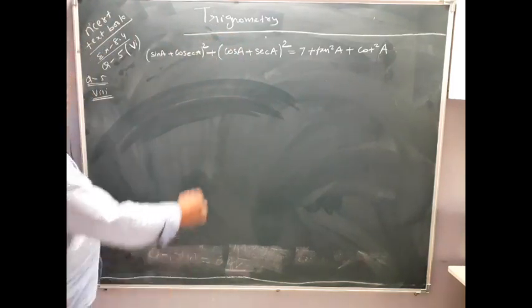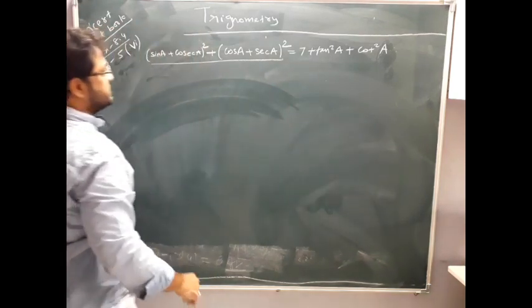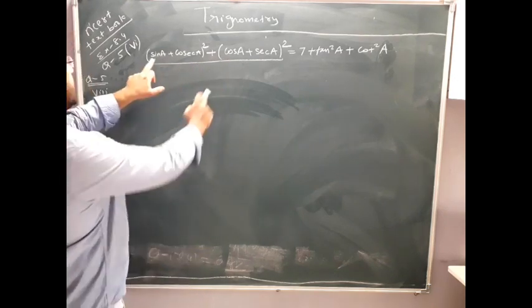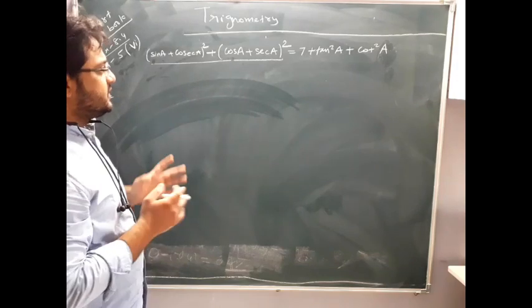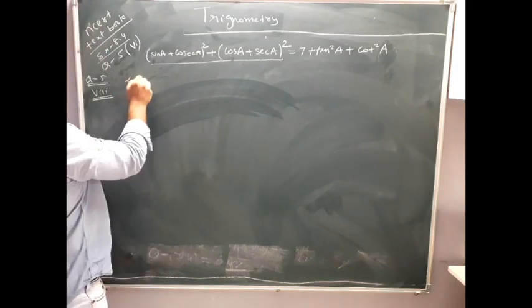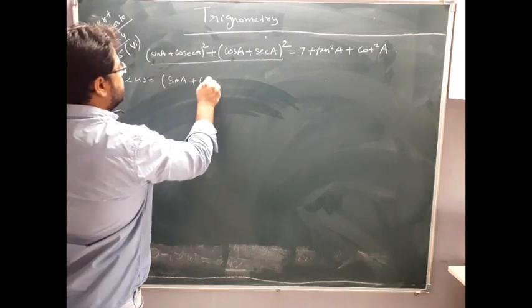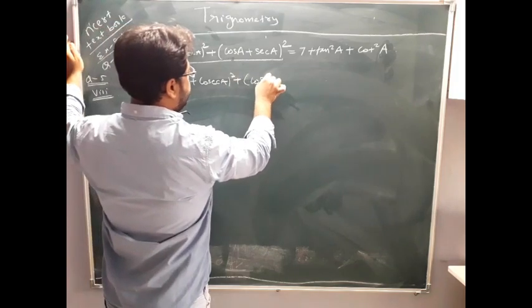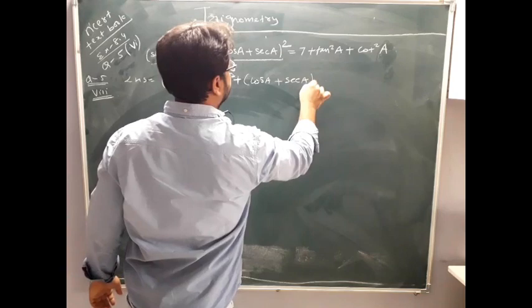The problem says this portion is LHS, and from this you have to go to the RHS. Now see here, sine and cos. See this portion, sine and cos. Clear? What do you see? There are two ways here. First way is what I will write down first, LHS: sin A plus cosec A the whole square plus cos A plus sec A the whole square.